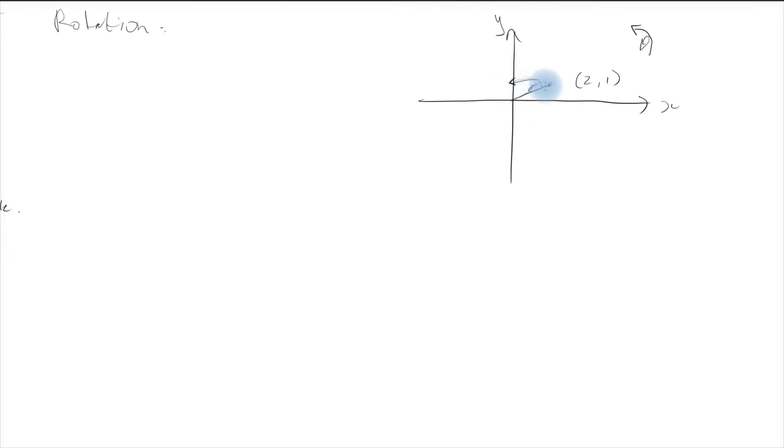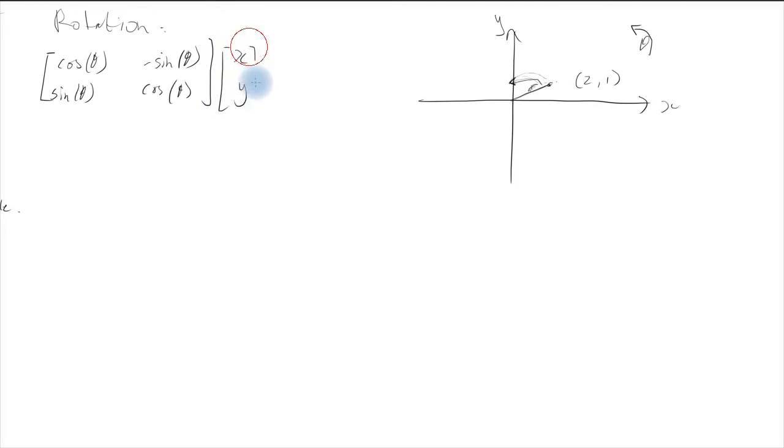So radius is kept the same, and we just go around in that direction. For this one, it's probably easiest if you just follow the formula, which I'm happy to prove to you in class, but I don't think I'll do that right now. So basically, to do a rotation clockwise by theta degrees, you need to multiply the matrix with cosine of the angle, minus sine of that same angle, and sine of the angle, and cosine of the angle, by your original coordinates,